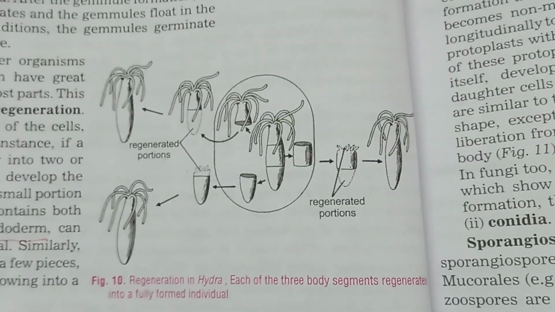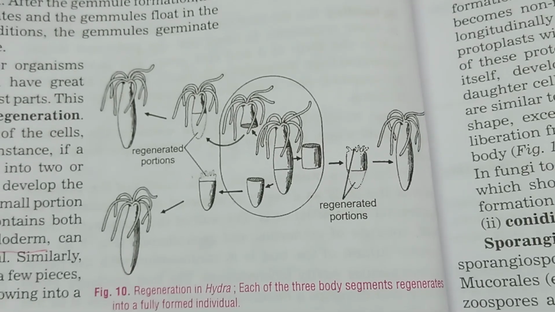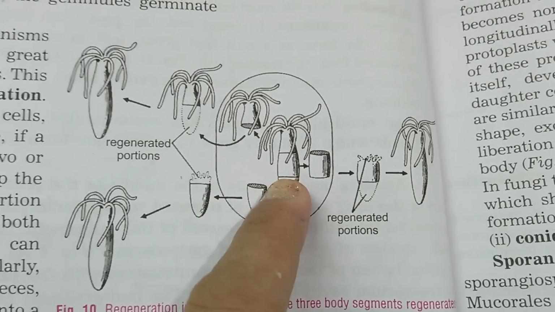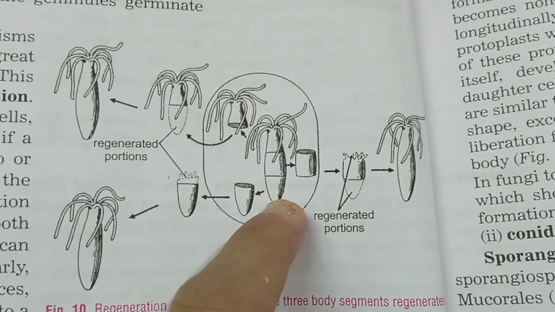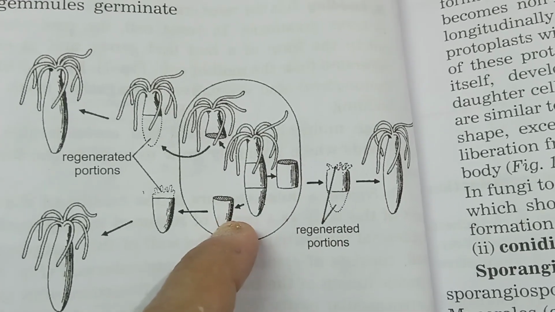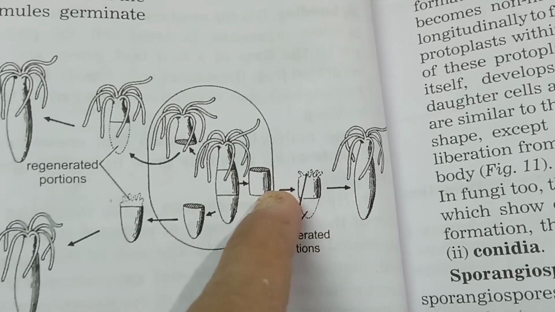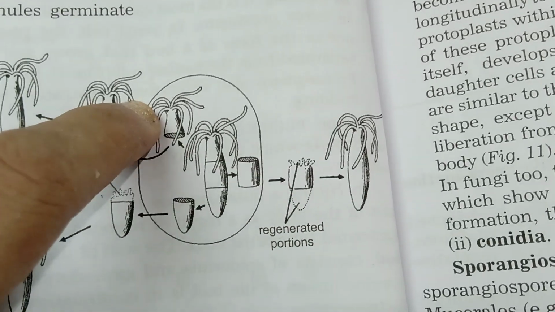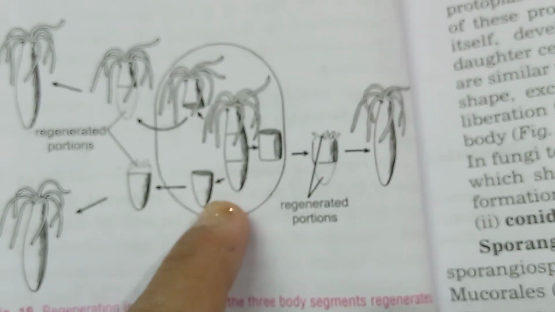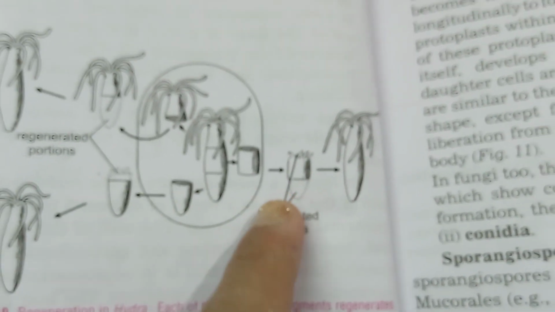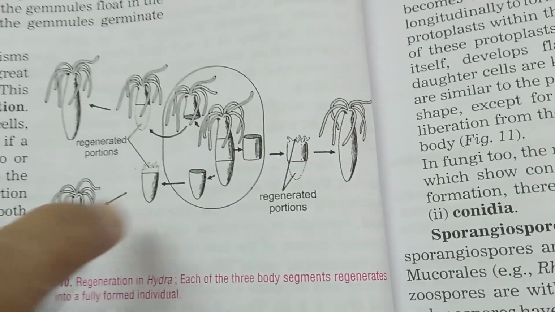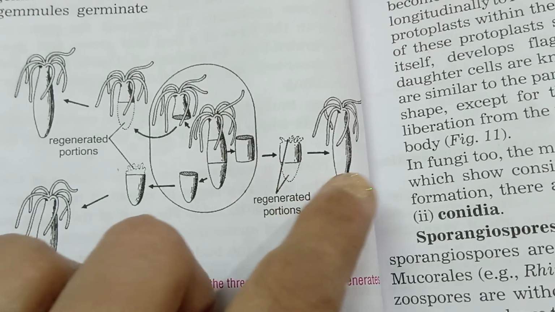This is regeneration in hydra. Now, as you see, one single individual hydra has been cut in three parts, starting from the base: 1, 2 and 3. Now, if we talk of the pieces, this minor portion, the bottom one, the middle, which is again a minor portion, and a little major on the other side is with the tentacles, right? Now, you can see there are two things. First, all three pieces are growing into three new hydra, 1, 2 and 3.